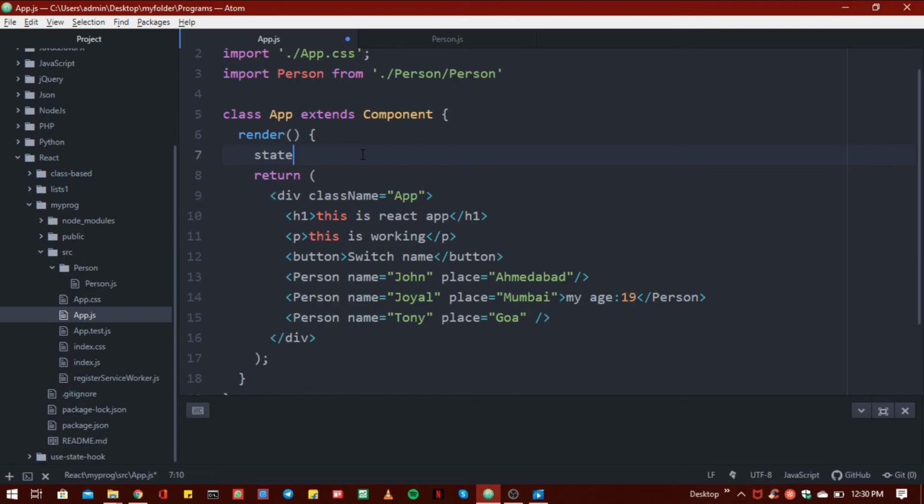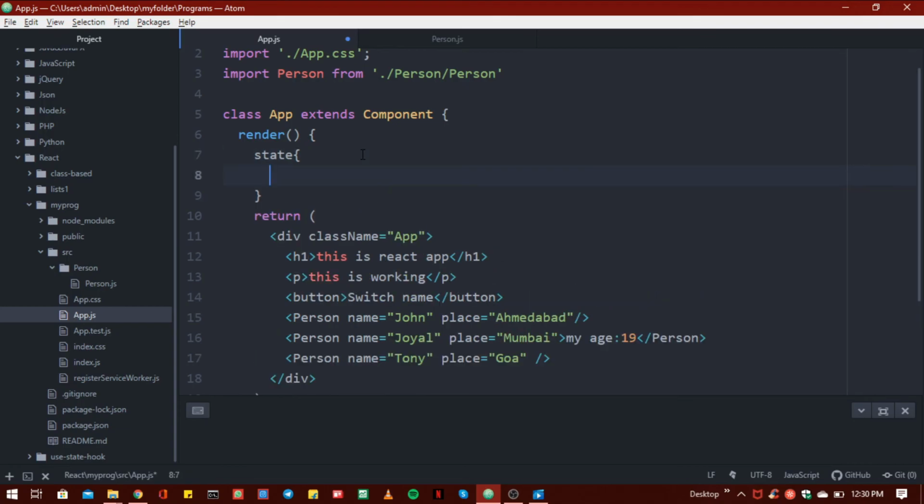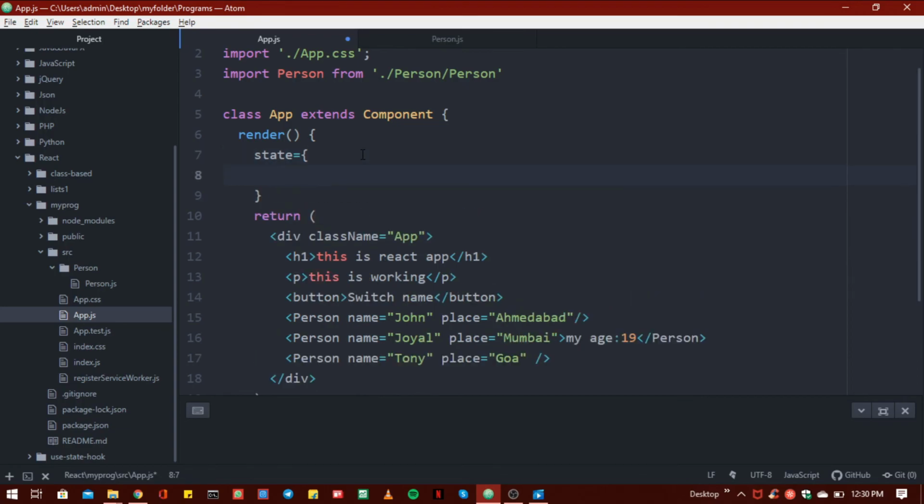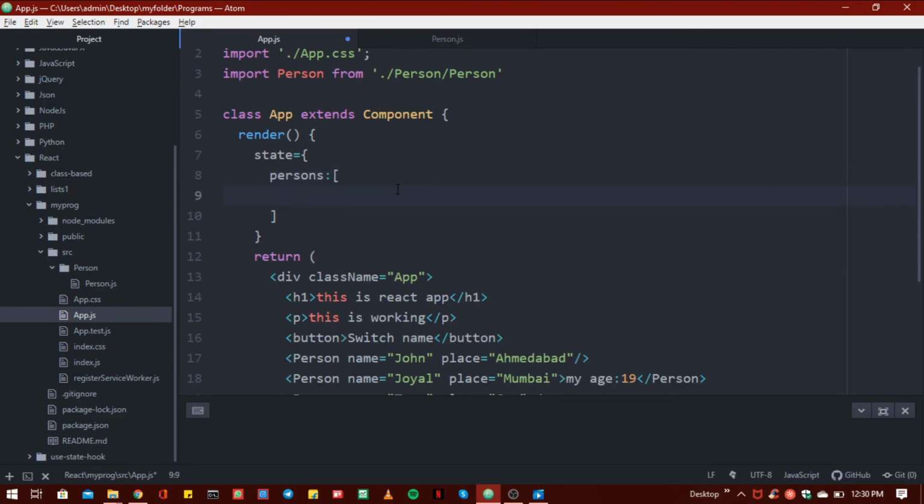Now create a new property inside this JavaScript object. I name it persons, but the name is up to you. Persons, and right here all the name and place.